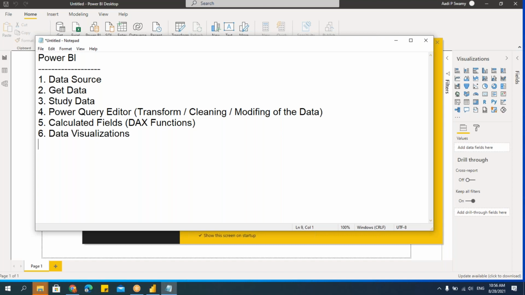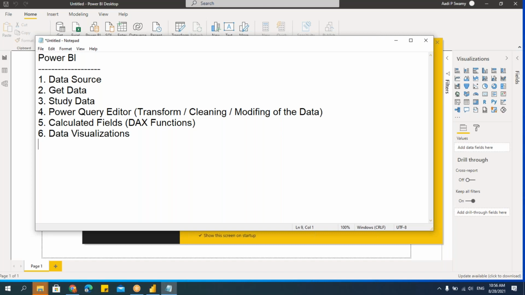Data visualization is the main thing which the client actually watches, sees or views. The first 5 steps are like a person constructing a building. Data visualization is like the interior design. People are not bothered about the first 5 steps. The client is not bothered. The client is only bothered about this step, data visualization, because he wants to just read the output. To get this, you have to struggle a lot.